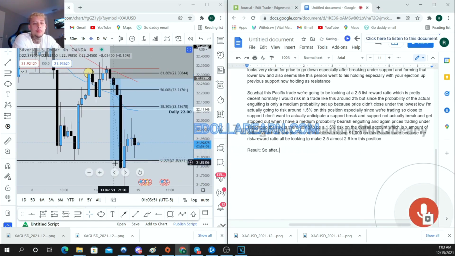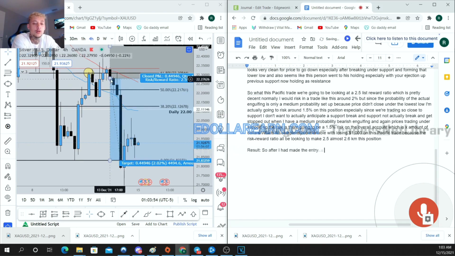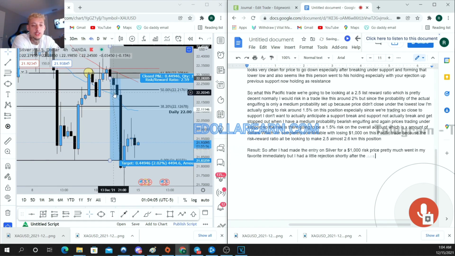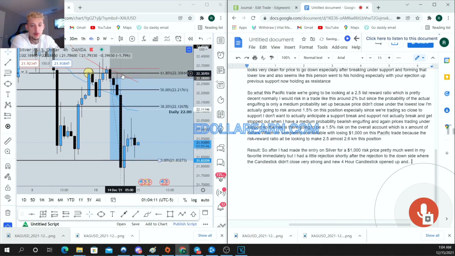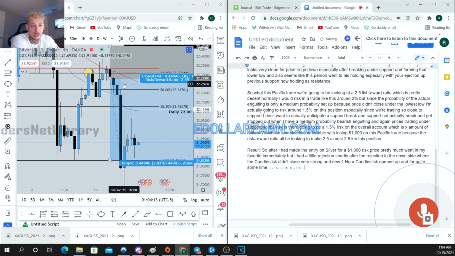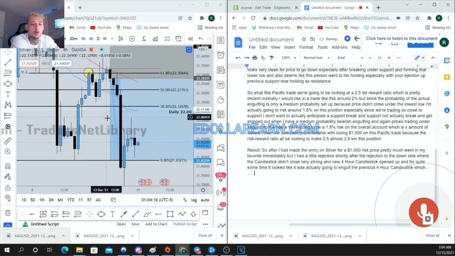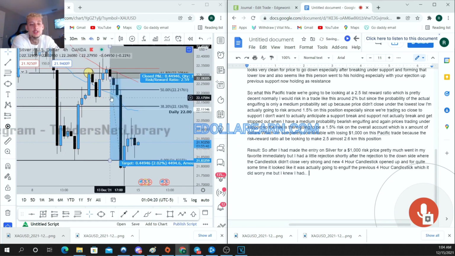So after I had made the entry on silver for a $1,000 risk, price pretty much went in my favor immediately, but it had a little rejection. Shortly after the rejection to the downside, where the candlestick didn't close very strong, a new 4-hour candlestick opened up, and for quite some time it looked like it was actually going to engulf the previous 4-hour candlestick, which did worry me, but I knew I had to actually sit on my hands and wait for that 4-hour candlestick